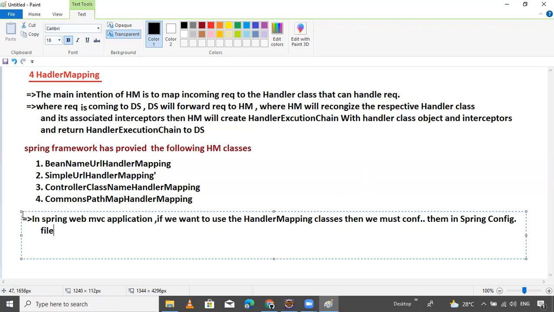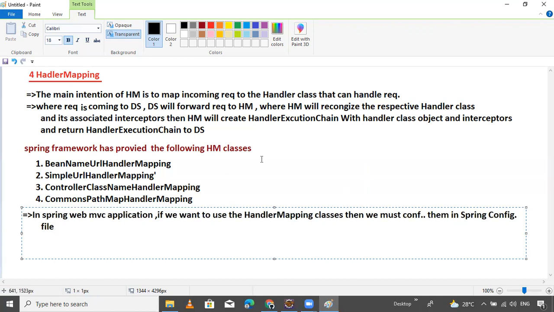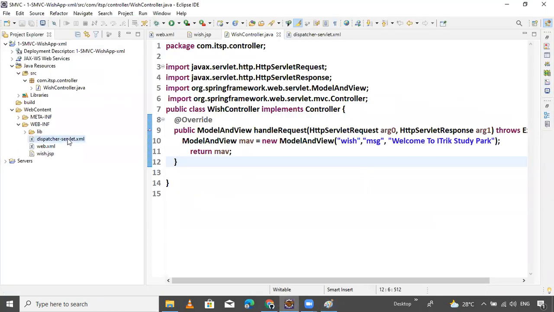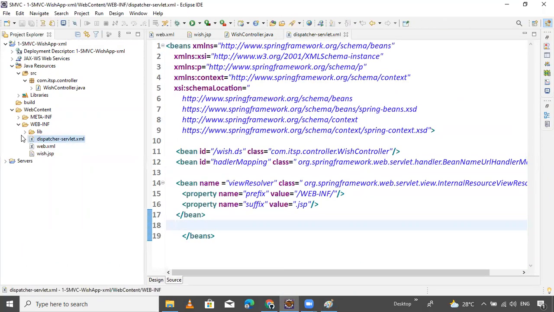One more thing, guys, if you are confused about the Spring configuration file, I will show you which one is the Spring configuration. You can say this one is the Spring configuration file.